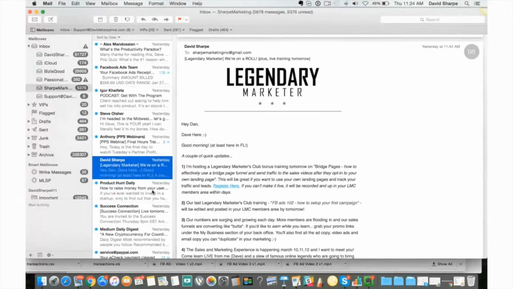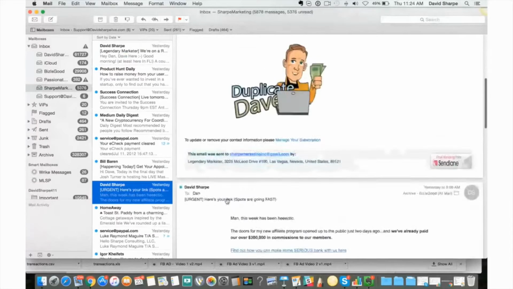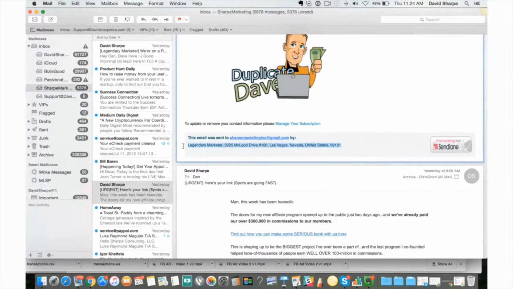I'm going to just show you here. Let's see. So anyways, these are my emails that are coming from my SendLane account. This is where that address information is. I don't ever put a phone number in the bottom here, so I don't think you'll be forced to, but I just want you to know that's where that address information is actually showing up. So don't put your home address. If you need to put a